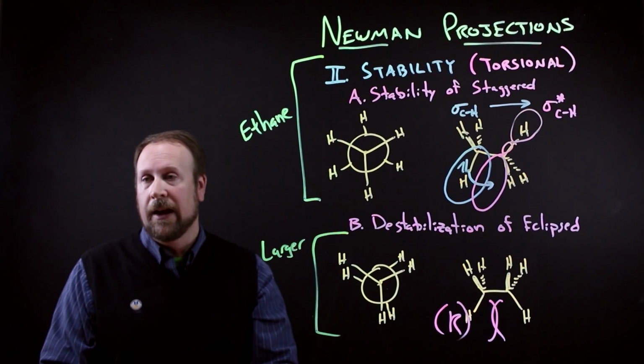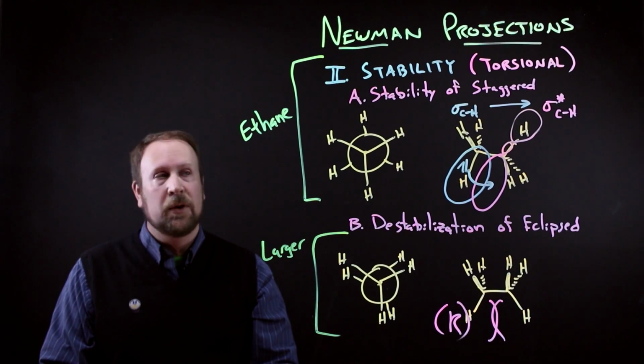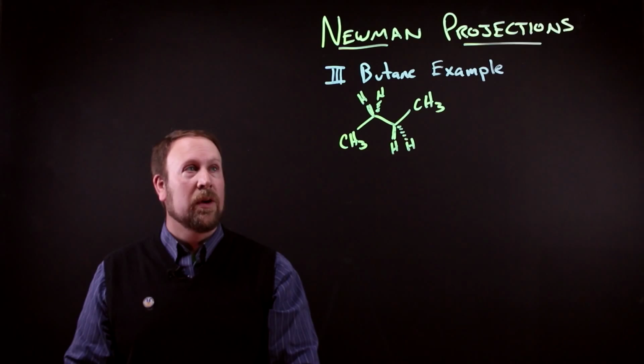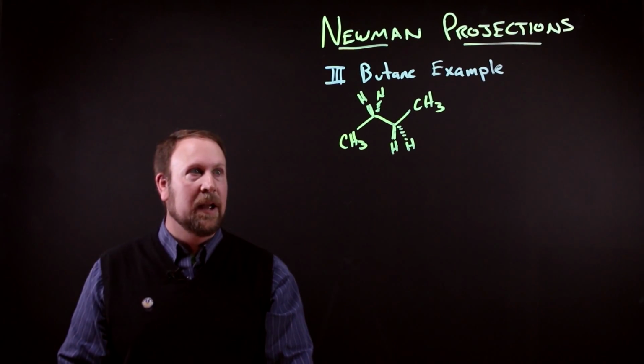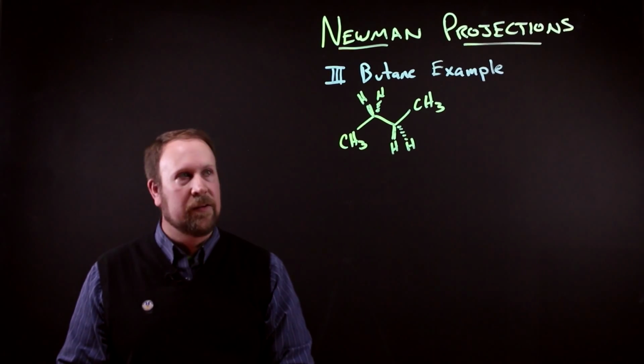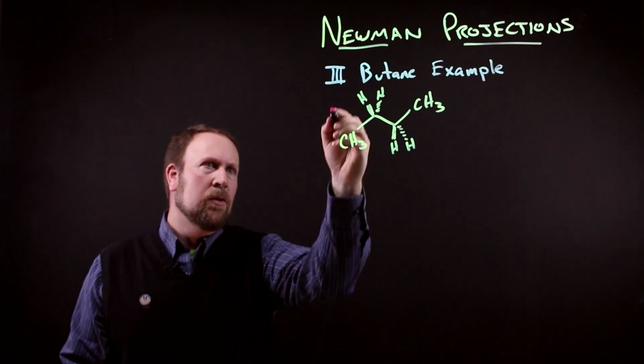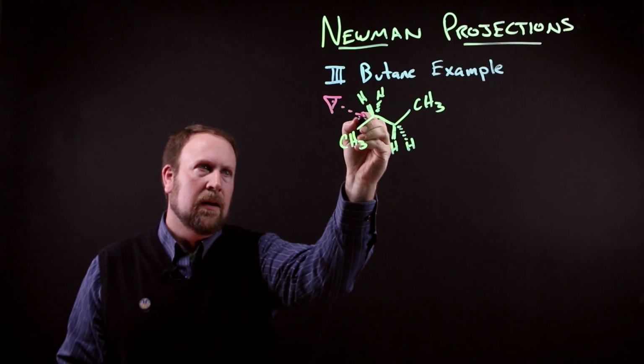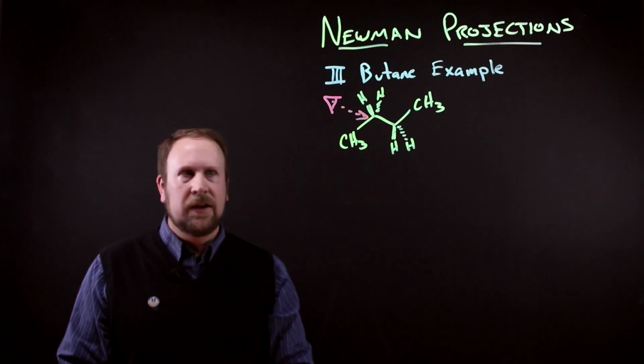We'll take a look at butane and look at some of the interactions that we see in butane. So in this example, we're going to look at a more complicated molecule than ethane, looking at butane. So we can see the ethane in the center. We have these two methyl groups on the end to give us our butane chain. So what we're going to do is we're going to sight down that central carbon-carbon bond, the C2 to C3